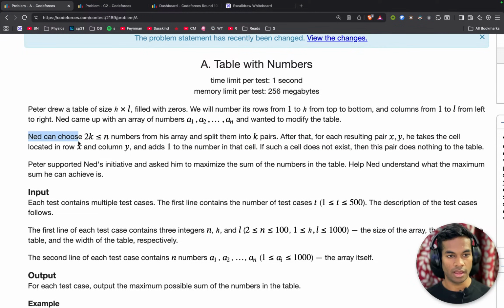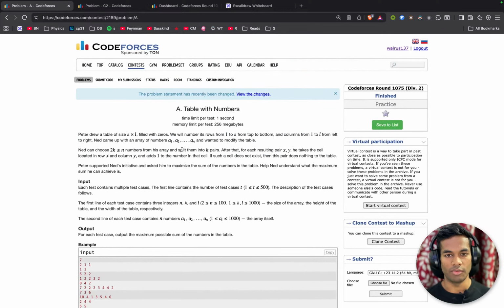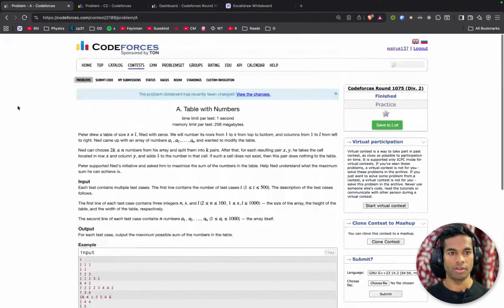Ned can choose 2 power k smaller than n numbers from his array and split them into k pairs. After that, for each resulting pair xy, he takes the cell located in row x and column y and adds 1 to the number in that cell. If the cell does not exist, then this pair does nothing in the array. And yeah, this is not very clear in the first read. You have to read this a couple of times. And